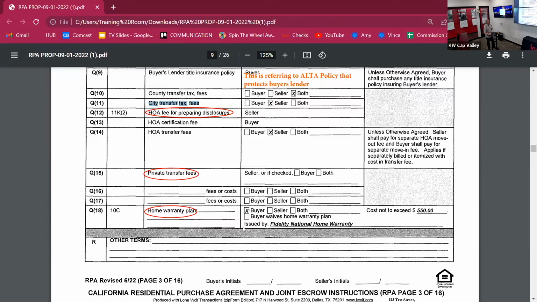Home warranties. I don't care if it's being paid for by the seller or the buyer, but you need to get in the practice. Every deal you do, try to get a home warranty included in the contract. Home warranties can make the difference between getting sued and not sued, because it is much easier for a buyer who thinks they were ripped off, being sold a house with a dying dishwasher, to call their home warranty and pay $75, $90, whatever the service fee is, and get the appliance fixed,